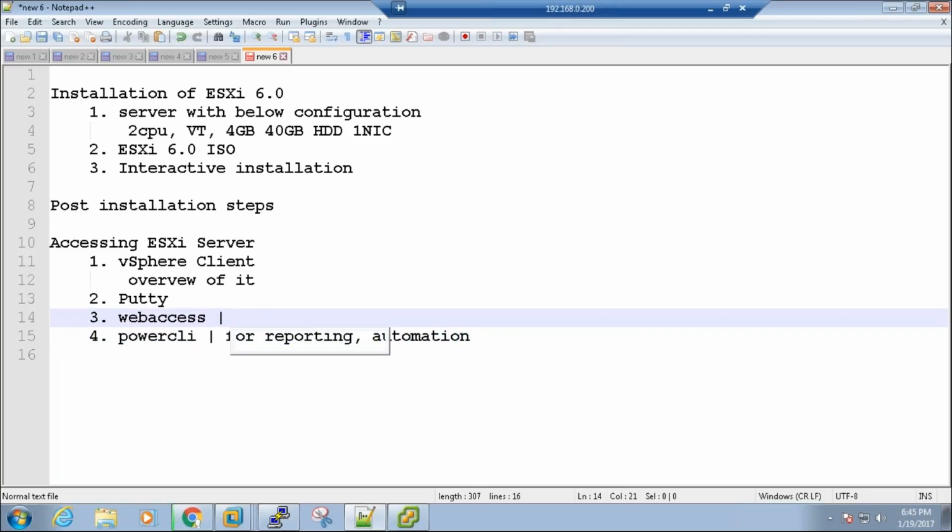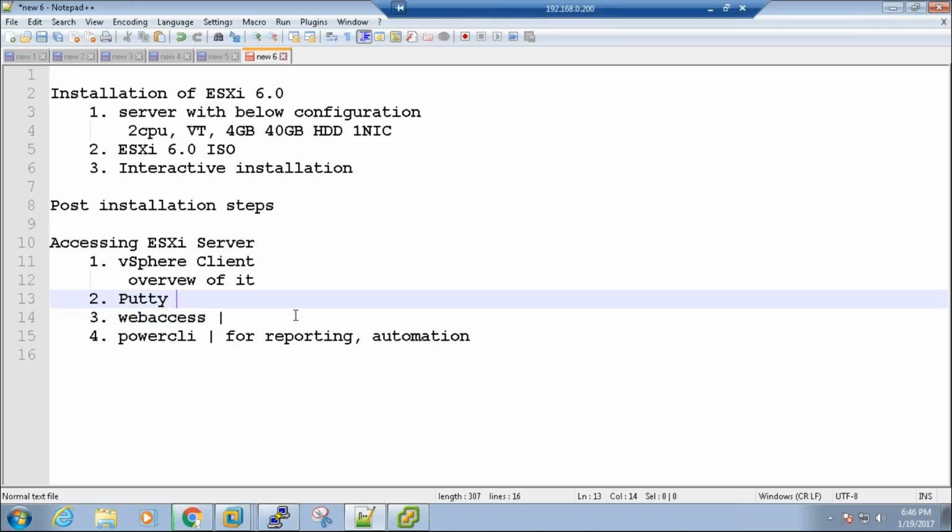Web access is like no real use case until 6.0. In 6.5, the ESX server can be directly accessed using the web client and can be managed as the vSphere client is doing here, because the vSphere client is no longer available in 6.5. Unless you need to download the vSphere client, there is no real reason that you should actually do a web access of it. PuTTY, yes, it is a CLI access to host, and you can do a lot of configuration